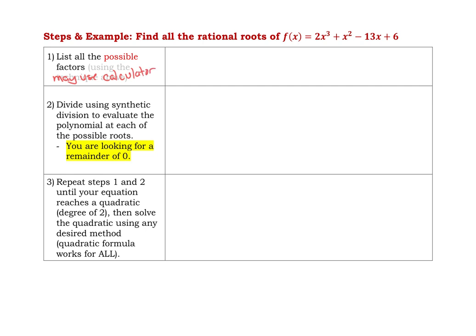Okay? So I'm going to list them, and I have got the factors of the 6, which are 1 times 6 and 2 times 3 over 1 and 2. So this is plus or minus 1, plus or minus 2, plus or minus 3, plus or minus 6, plus or minus 1/2, and plus or minus 3 over 2. So as I go through and do this, we're looking for a remainder of 0, and I'm just going to show you what I would do. I would start off with my 1